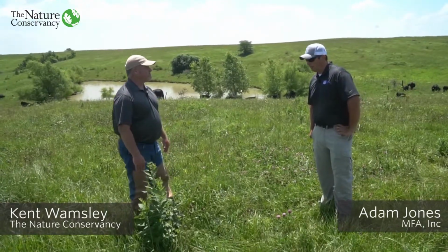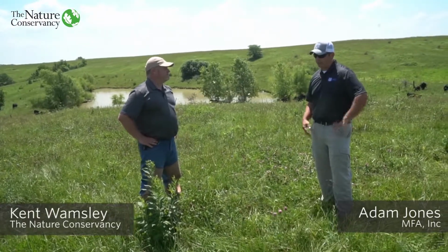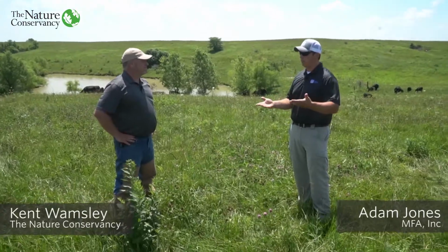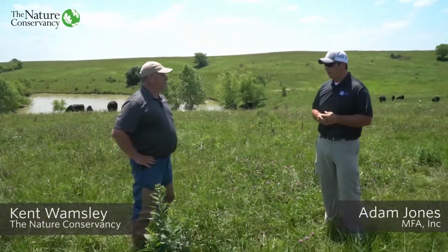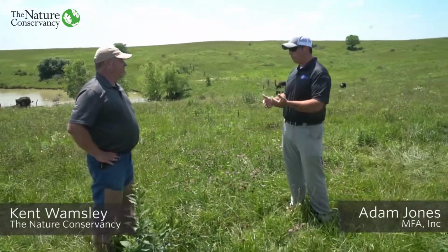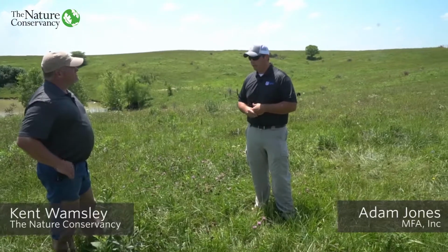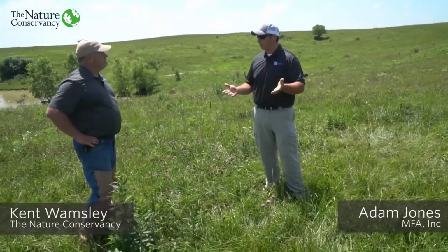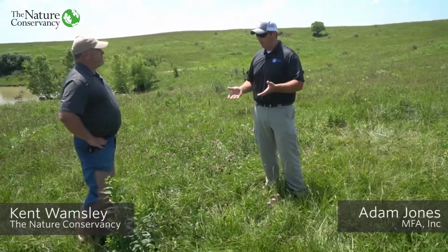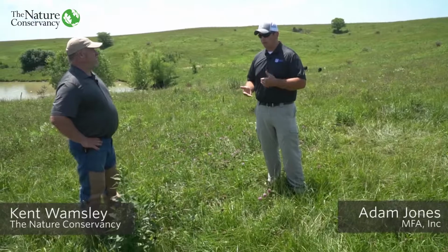Honestly, I think a lot of times in ruminant production, like what cattle are, what we're looking at is just making sure we're managing correctly for the species of forage that we have out there. So we may not see a big difference, even if there's a pH change from one side to another, as far as the forage analysis goes. I mean, our relative feed value may be relatively the same. We're certainly going to see a difference in tonnage, obviously. Yep. But as far as the actual value of the forage,